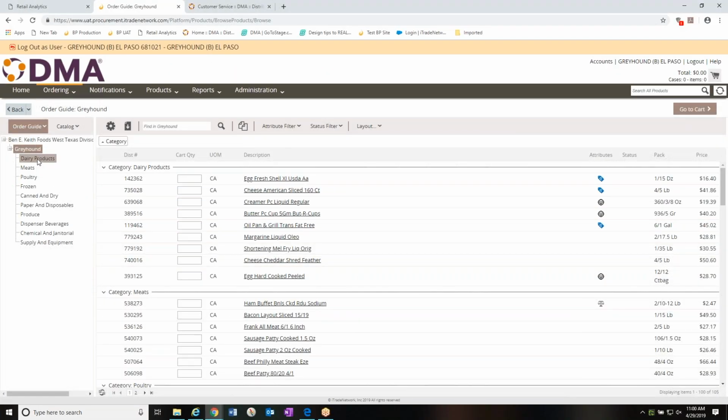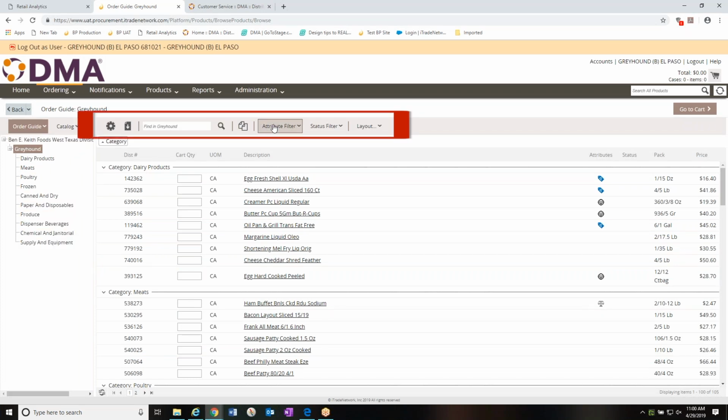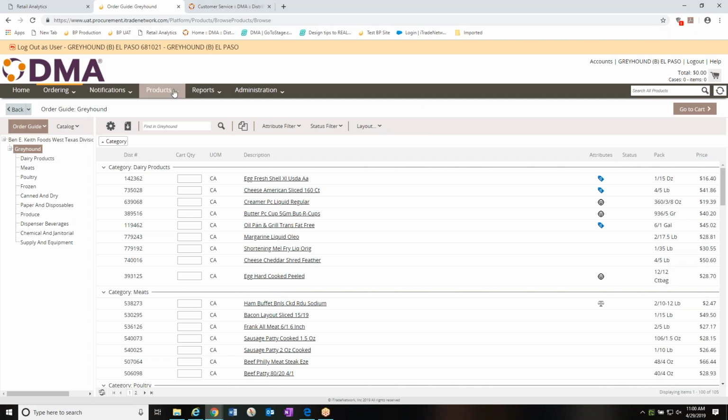The system will open up to the Order Guide sequence. The toolbar you see here will be similar for every page you visit. There is a Configure Grid, Export, a Search feature, Duplicate Pages, which is the Copy to Shopping List, Attributes and Status filters. If you were looking for a specific catch weight item or kosher item, you can filter on those